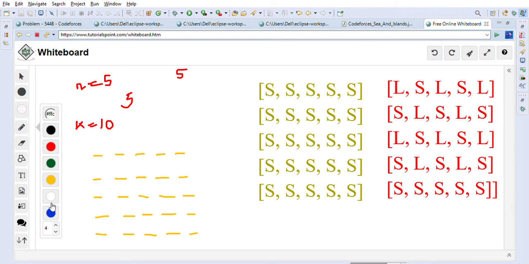When we want to greedily solve this problem, we can start creating islands from the start here. A land cell is L, so here we can put L. We will skip this cell, this is a sea cell. Again we can keep L here. Again we skip this cell. Again we keep L here. So these are land cells, and now we have created 3 islands. Similarly, now we cannot put L here, because we don't want to create a big island, so we skip this cell as a sea cell. We will put L here, here, and here. Alternatively, again we will put L here.